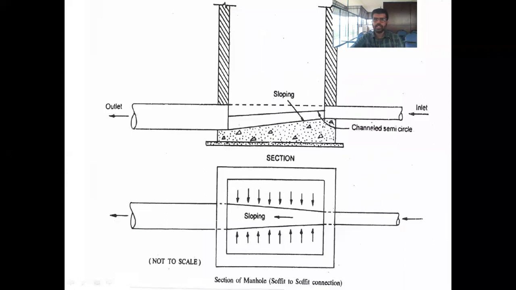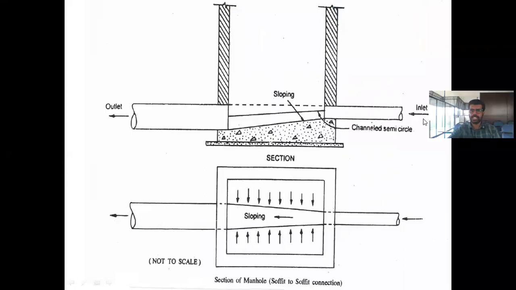So you can see here, this is the manhole. Okay, this is a section. Just imagine this is a section. I will show you a very good picture in my AutoCAD drawing also, and this is a very simple manhole only. You can see here, this is the height of the manhole, and imagine this is the inlet, and there should be a sloping. Otherwise, the water and all those wastes will settle here. So there should be a slope.